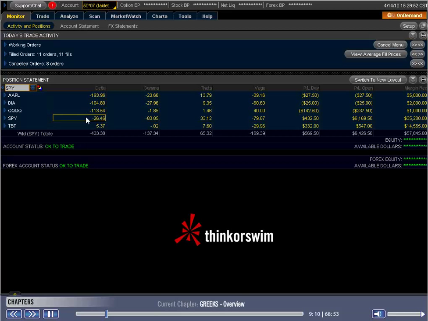The first thing that most clients always look at when they're trading, of course, is how much can I make on this trade? Then you look at your break-even price and you figure out, okay, how much can I lose in this trade? We're going to take it a step further. We're going to figure out how much I can make for a $1 move up, $2, $1 move down, $2 move down. And we're going to make it simple, clean, and extremely easy to decipher utilizing some of the Thinkorswim